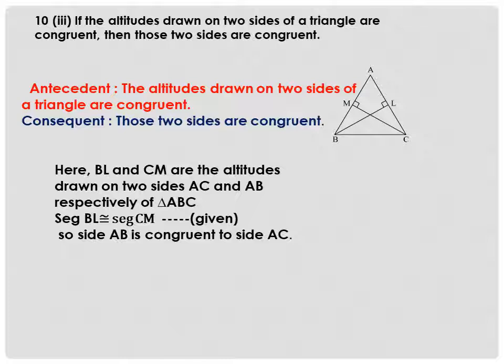Means when you draw the diagram, according to the diagram also we can write the given information and what we want to prove. This practice you want to do in this lesson, how to write the antecedent, means given, and how to write the consequent, means to prove, because all this is required in our next lesson for writing the different types of proofs.